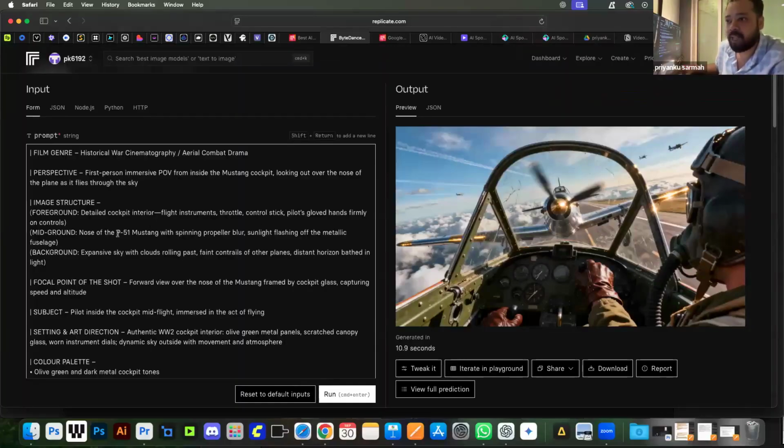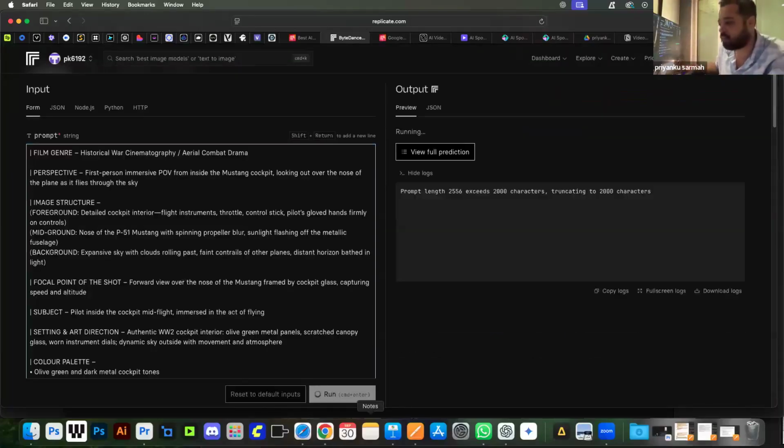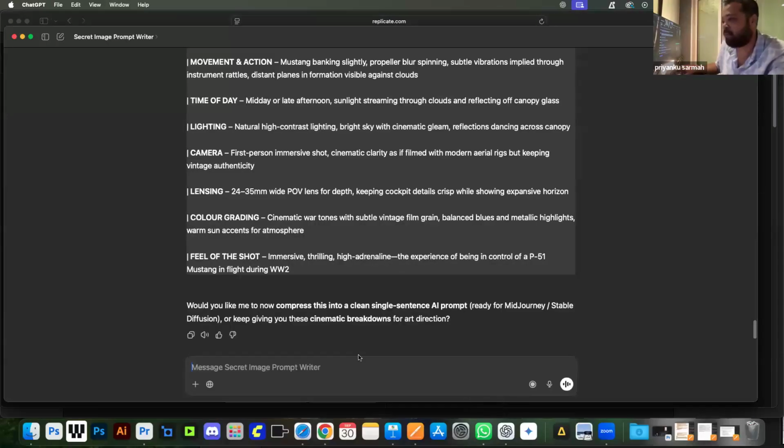I'm just gonna check my prompt. Okay, because in the mid-ground, it's saying that the nose of the P-51 Mustang with spinning propeller blow, which means the blow from here, but it's considering that as another aircraft. So maybe I'll just have to modify my prompt. And I will say,